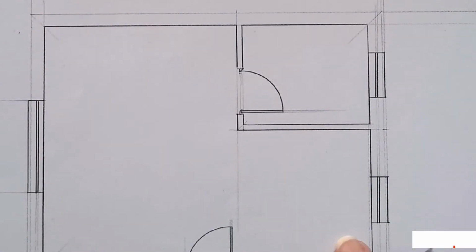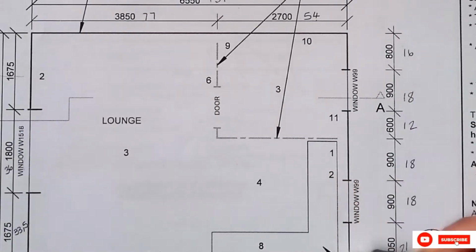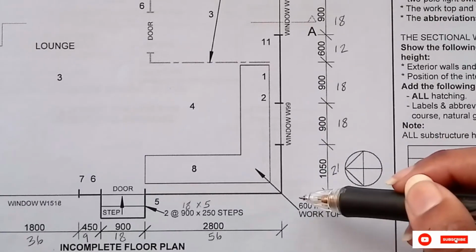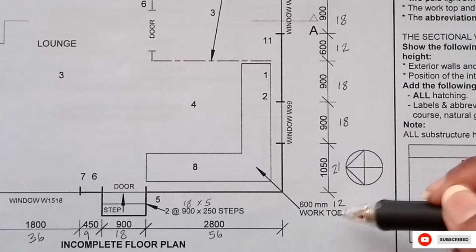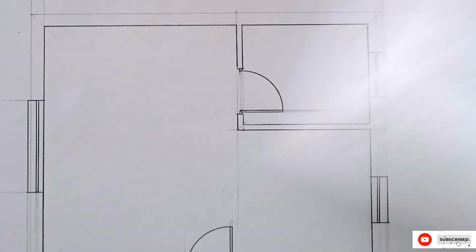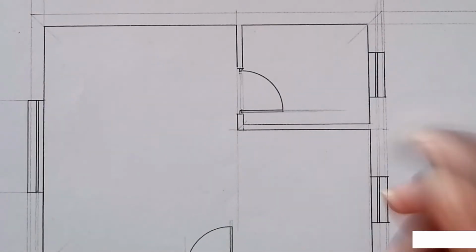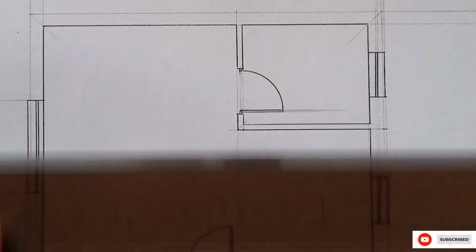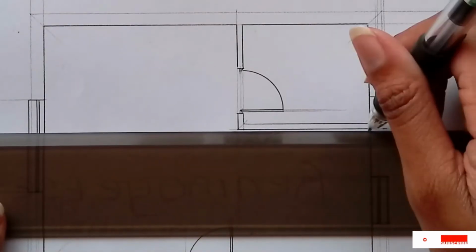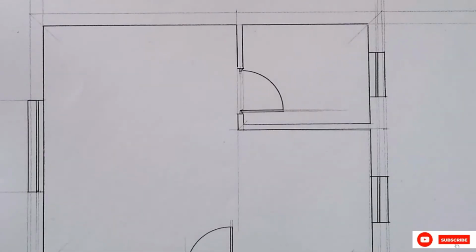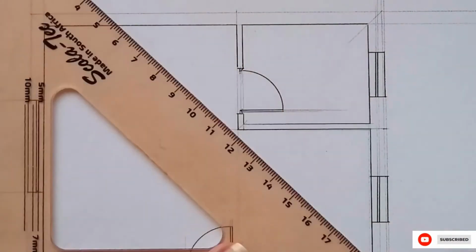Now I'm going to start putting in the fixtures in. So with the fixtures, we have a countertop here, which is 600 countertop. So I'm just going to measure 12, and I'm assuming that it starts in the wall. No, it doesn't actually. So maybe just a millimeter away from the wall, from how it is shown. It doesn't start directly on the wall. Then I'm going to extend this